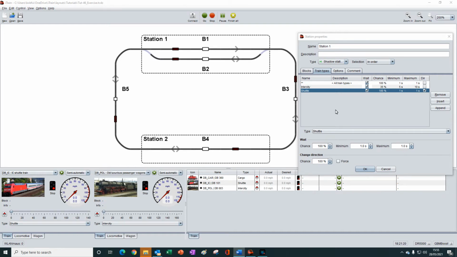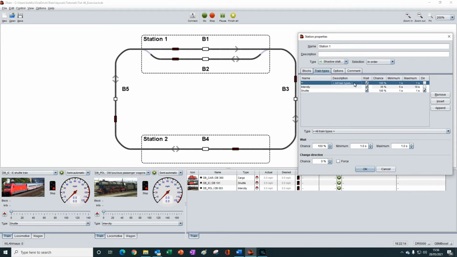So now the station is set up so that shuttle trains will obey these settings, intercity trains will obey these settings, and all other train types will use the settings in the top line here. For the all train types entry, we can either leave it there with the wait ticked so that all other train types can wait in this station,